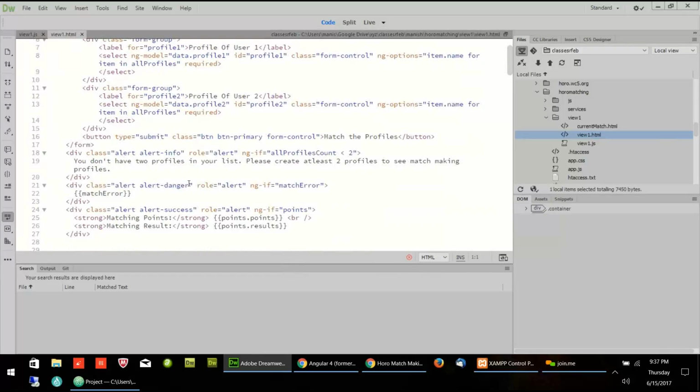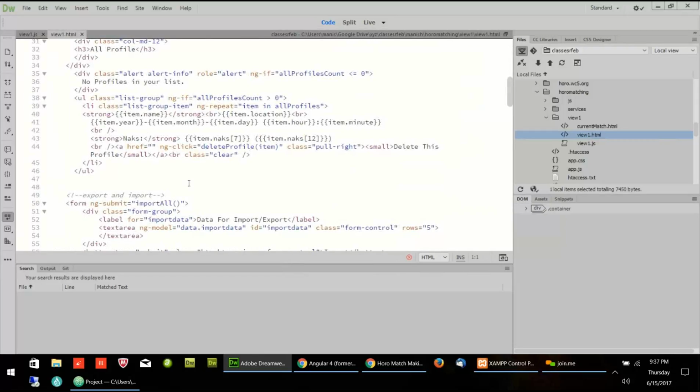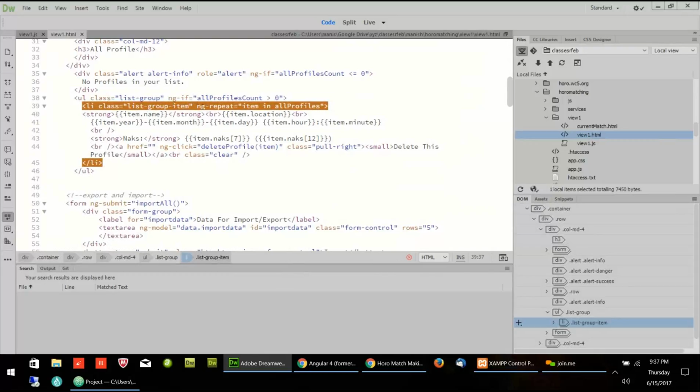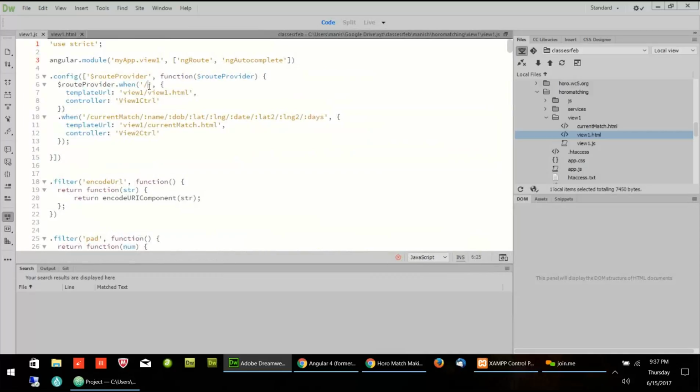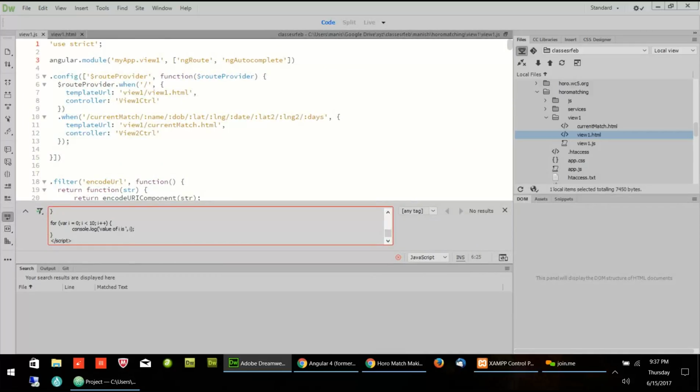So, okay. Initially, I created some array, and in Angular, we can repeat it on the HTML using ng-repeat, and it is repeating all profiles, and we are looping it. ng-repeat is kind of a for loop, and it is going down. So before I go into the HTML template and display this information, I might have done it in the console.log. I might have done it here in the console.log.